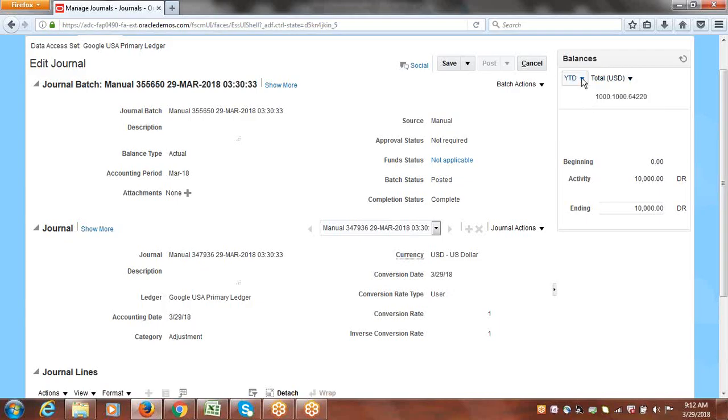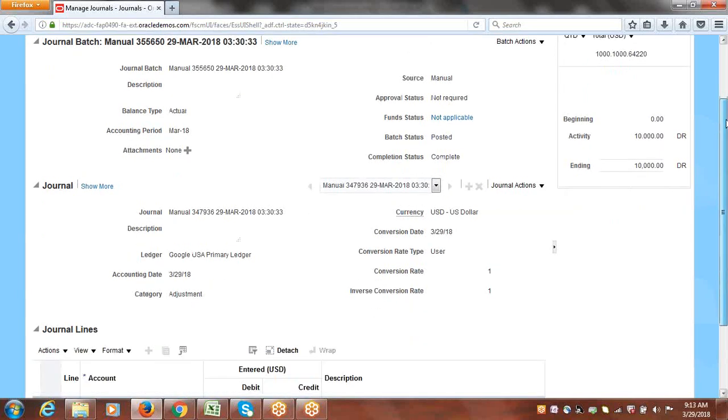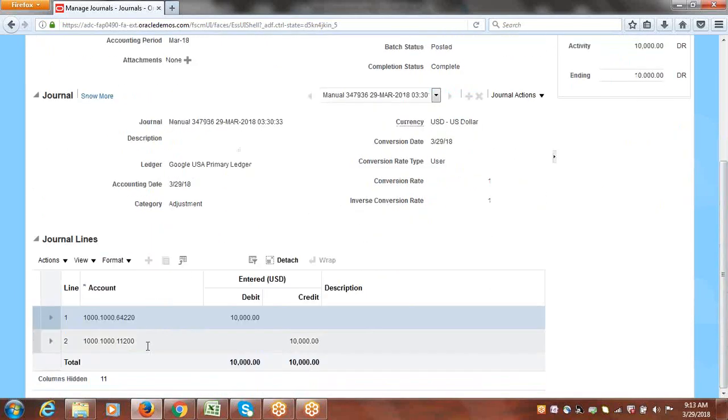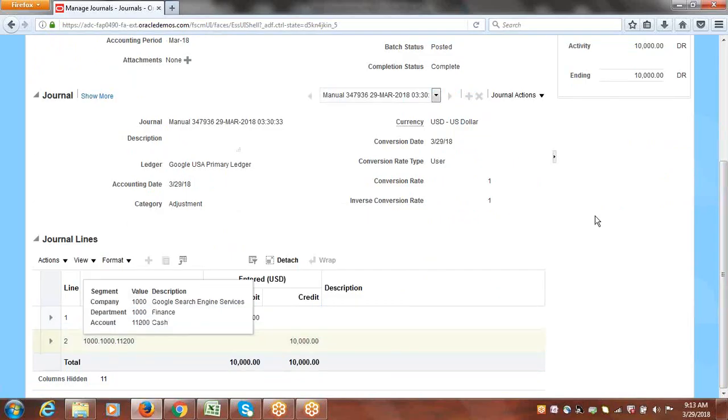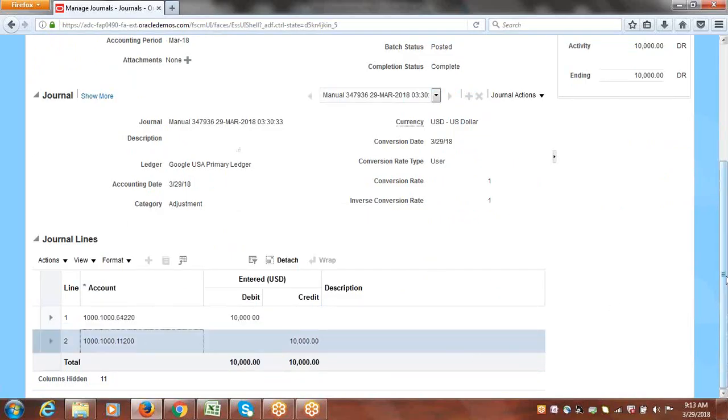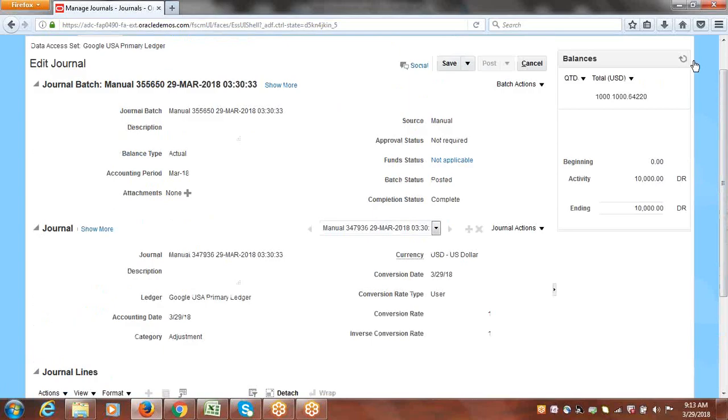You can get to know the balances for a specific account code combination. So this is all about the expense account. If you want to verify the cash account, for this cash account within this period, with this code combination, how much balance we have, if you want to know,